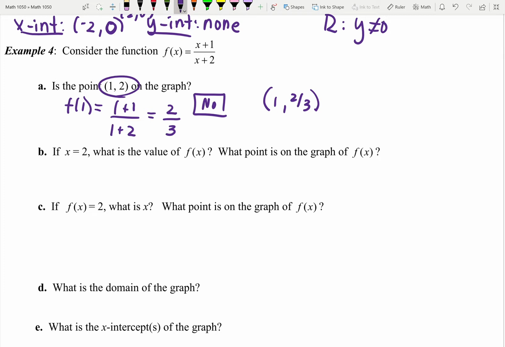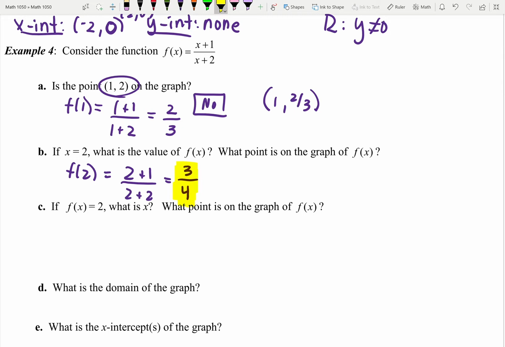That's the first question. So it's basically the same thing. Everybody go, f of 2 is equal to 2 plus 1 over 2 plus 2. And you have to show this work on homework, quizzes, tests, everything. And you get 3 over 4. That's your answer. If x is a 2, f of x, f of 2, which is the same thing as